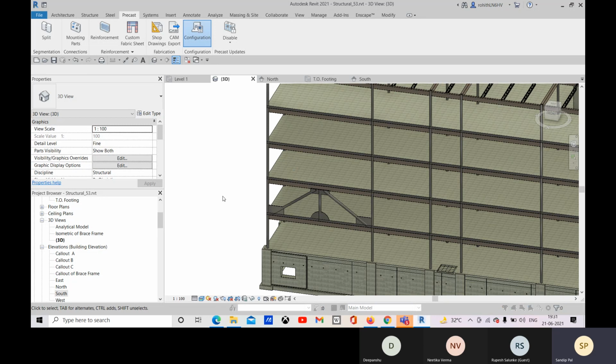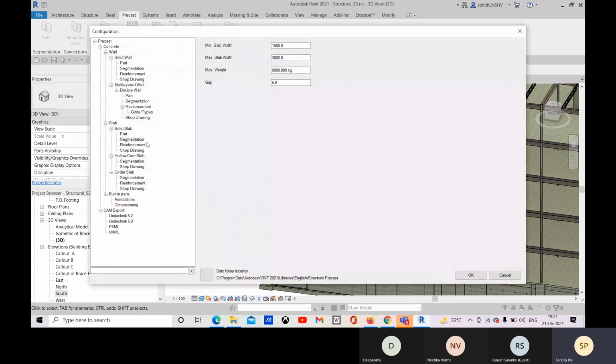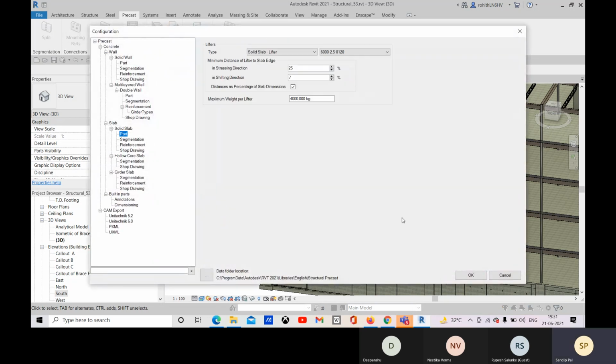Okay, so if you go to the configurations, the part, the solid lifter, minimum distance of lifter to slab edge, that is fine. The slab lifters are there.